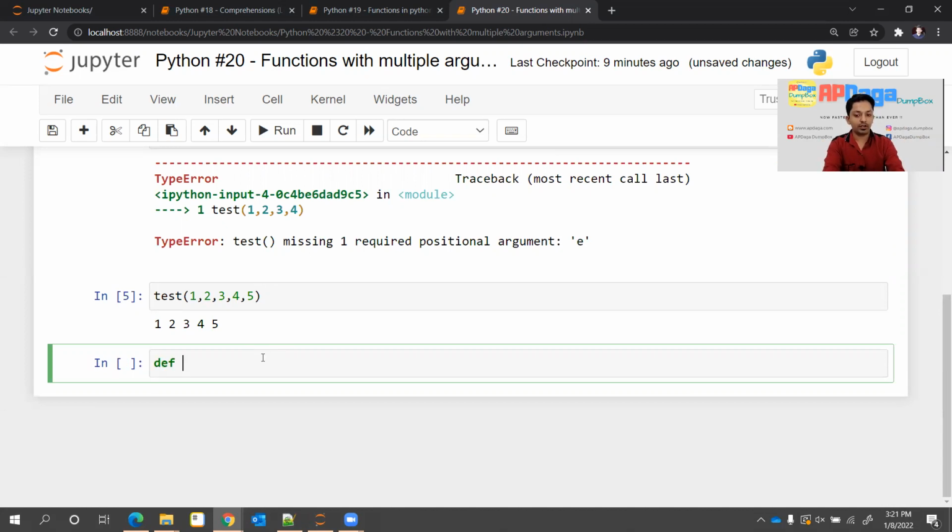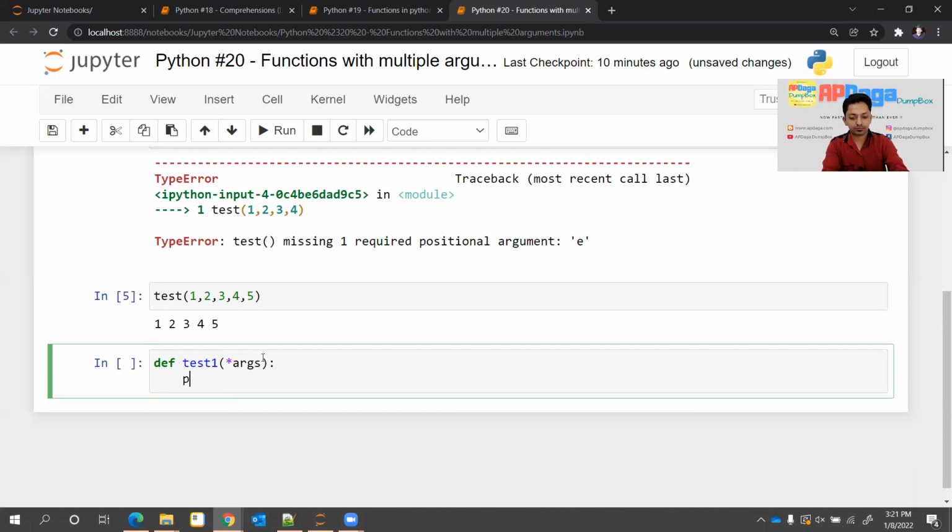def, I'll create a new function test1, and I'll write an asterisk, in normal language we call it star, then args. The name of the argument is args and the syntax is asterisk args. When the number of arguments is not defined, it can be anything starting from 1 to anything, then I'll write asterisk args.